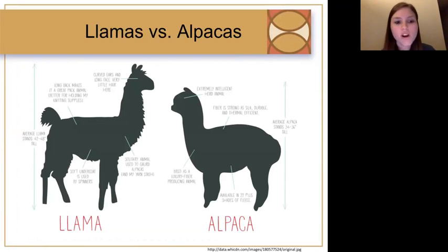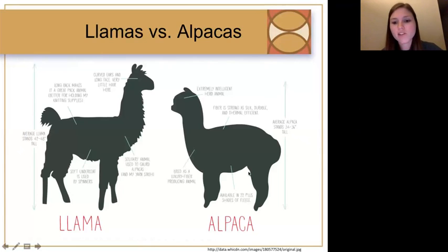So llamas are larger and they have curved ears and a long face and very little hair on their face. And then they have a long back, which makes them a good pack animal. They will typically be between 42 and 48 inches tall. And they're typically a solitary animal, and they can actually be used to guard alpacas.